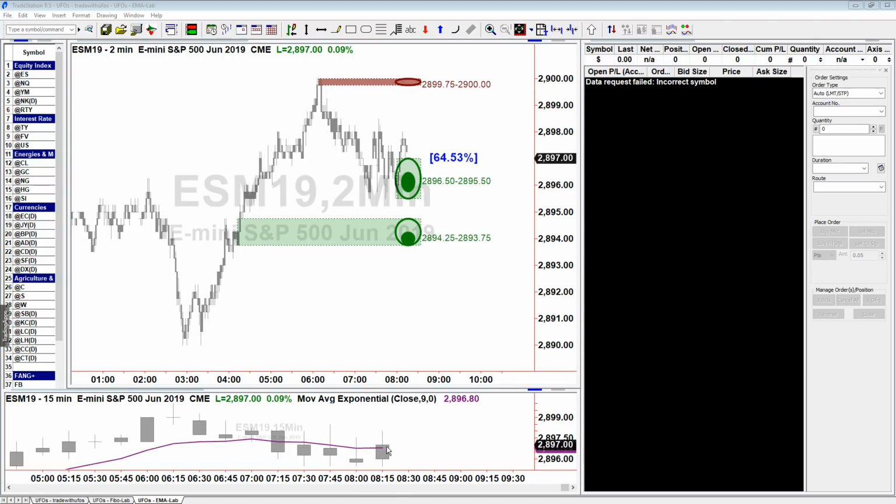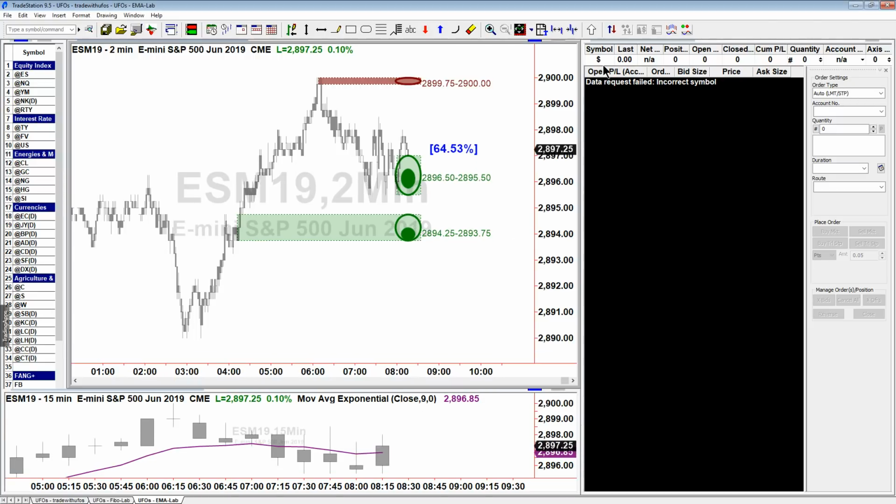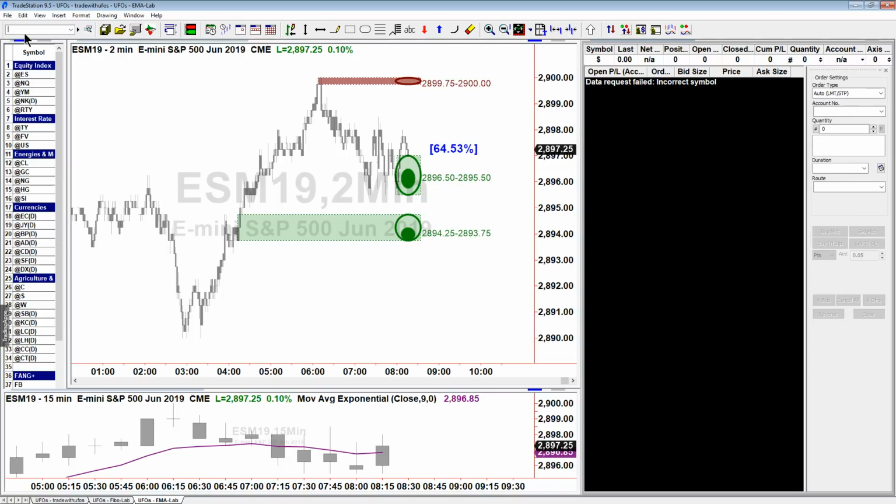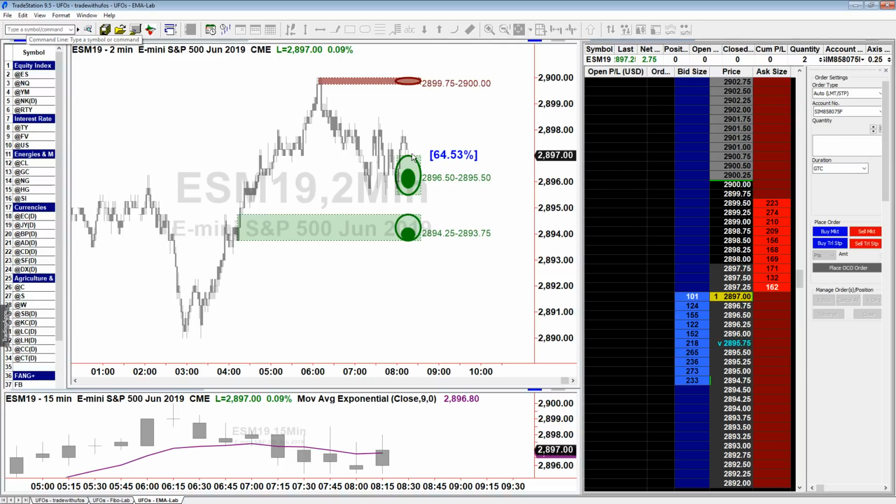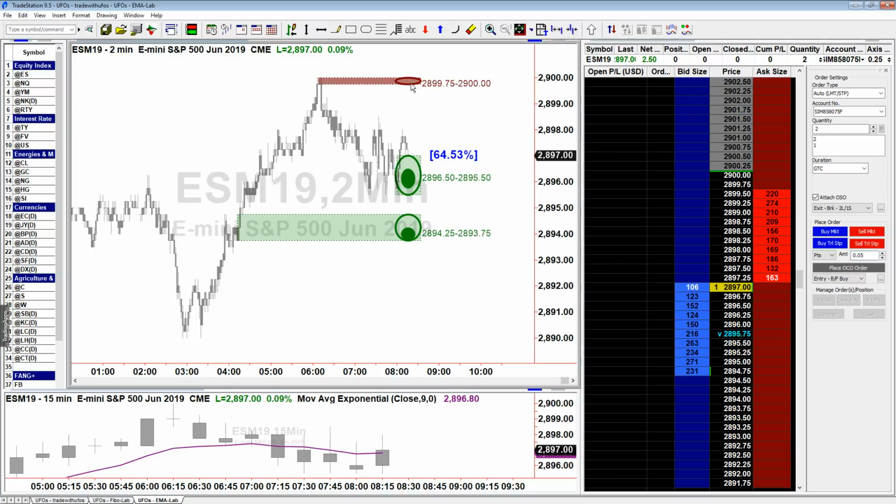It's looking like, okay, we don't have a guarantee yet, but we're going to have a close above. If we have a close above, that will mean we are in an uptrend. And if we're in an uptrend and price is entering a green UFO that is lining up with the average, well, that would be a valid indication for us to take the trade, and we would plan to take profits using the rival UFO above.